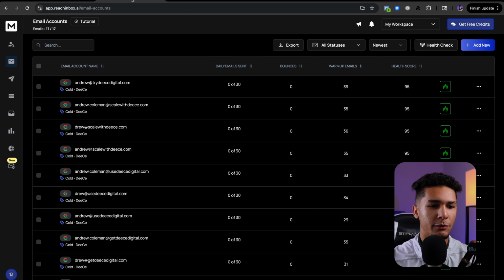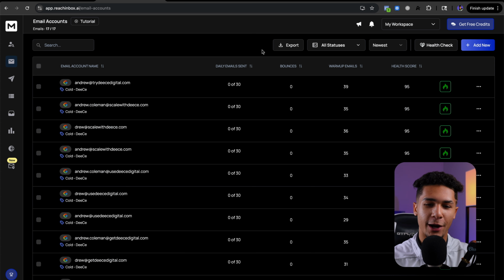Once you have all these set up, you can go back into your sending tool and do a health check right here. This health check is going to go and check those records. If anything is bad on those records, your SPF, your DKIM, or your DMARC records, it will tell you in here so that way you can go and fix it before you start sending out emails. And trust me, if something's wrong, you want to go fix that as soon as possible